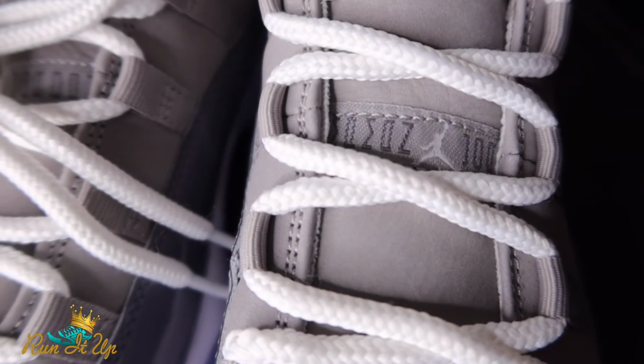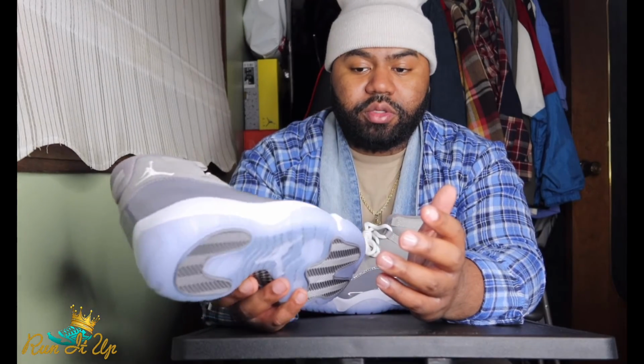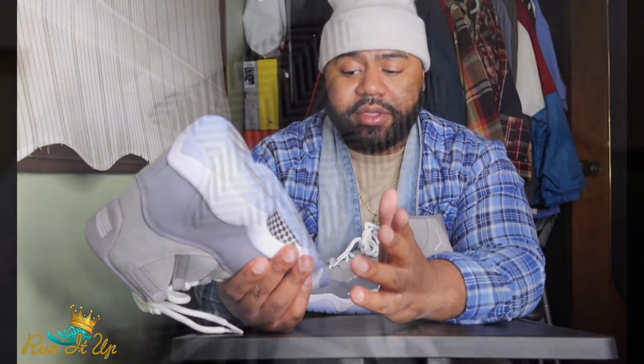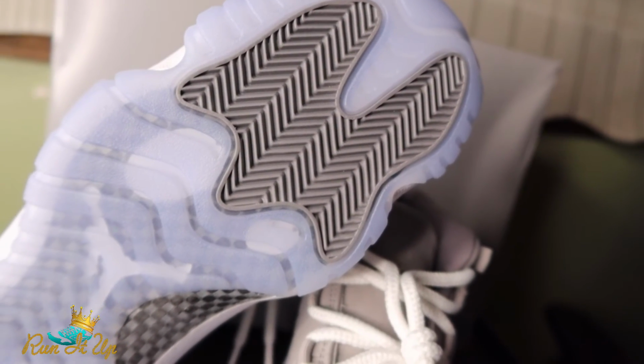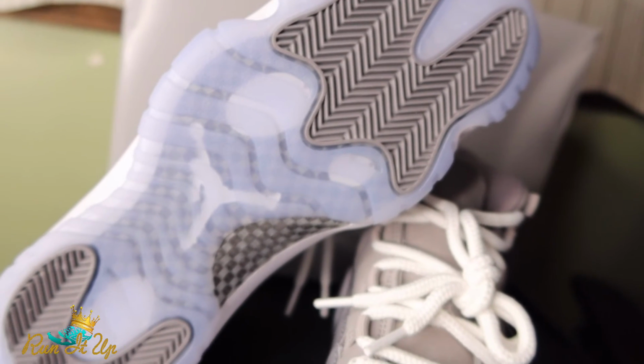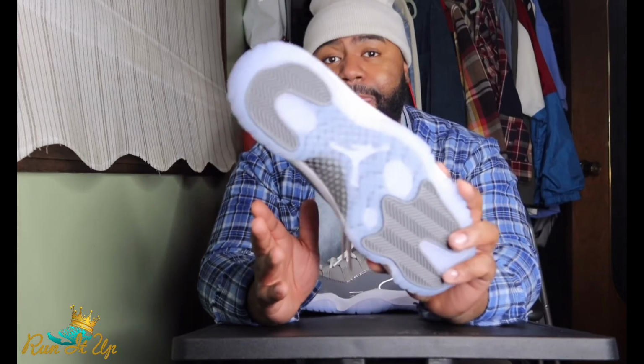Moving down to the midsole and outsole, you got your classic white midsole here. That's probably the only part of the shoe that you'll have to really worry about getting super dirty. Other than that, you've got your icy blue outsole. They did make this super blue, kind of to avoid the whole yellowing a little bit. They're still gonna yellow over time, but the blue just kind of slows down the process a little bit. Versus if this was just a plain clear outsole, I mean,